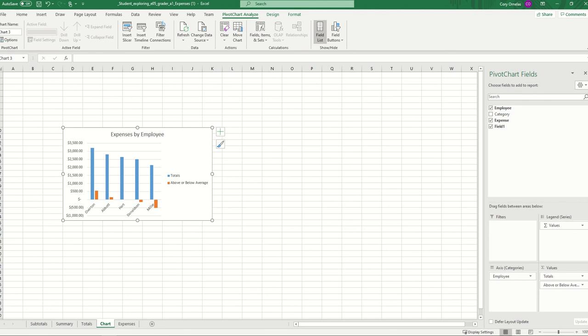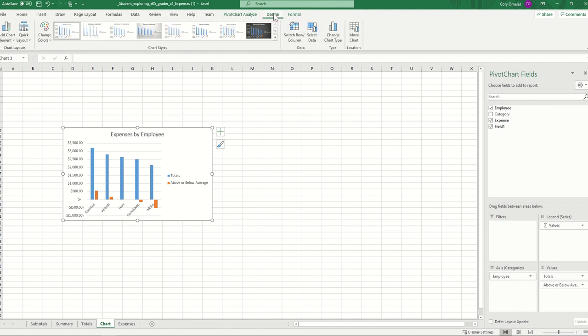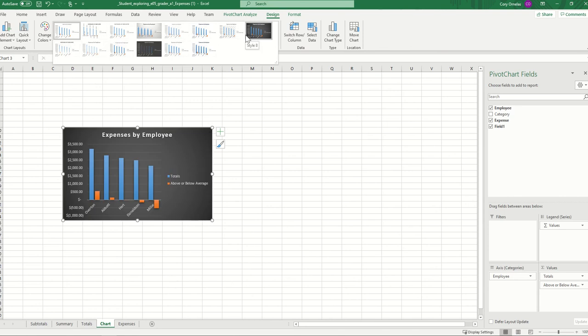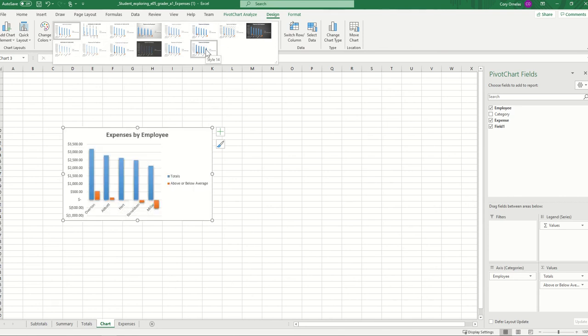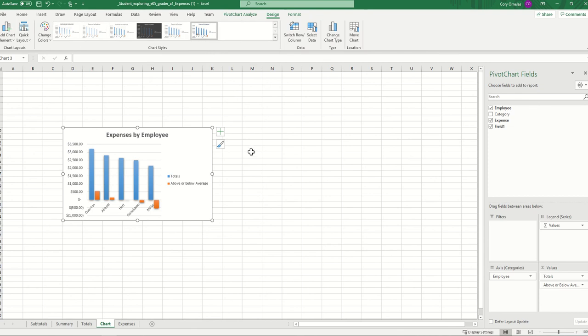So next they want us to change the chart style to style 14. So with the pivot chart selected, let's go to design and here's the chart styles. And so it looks like they're just numbered. So this last one here is style 14. So it looks like it just kind of highlights the columns here so they stand out a little bit more with that style. So step 18